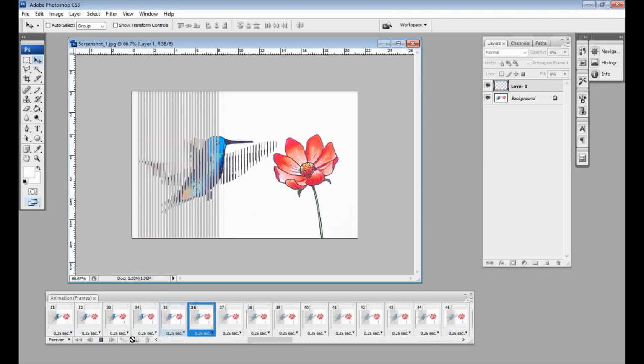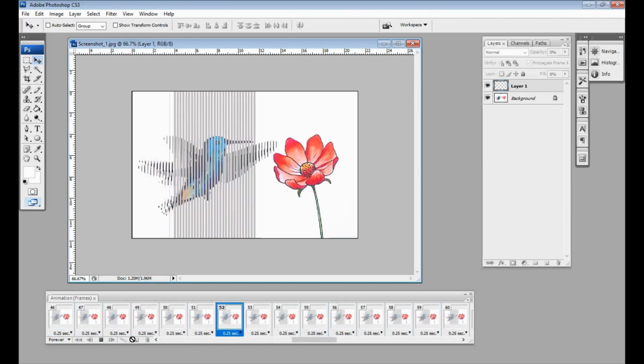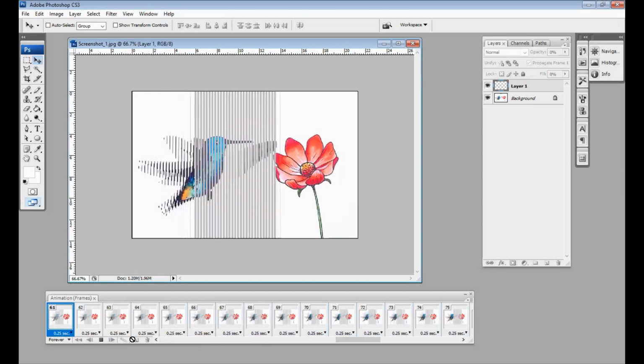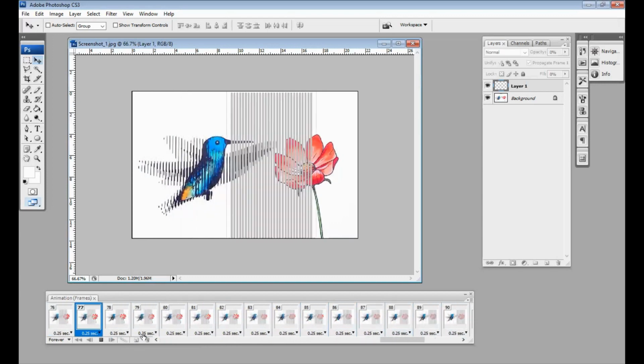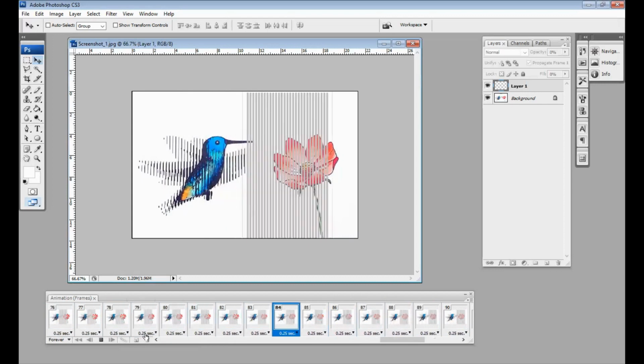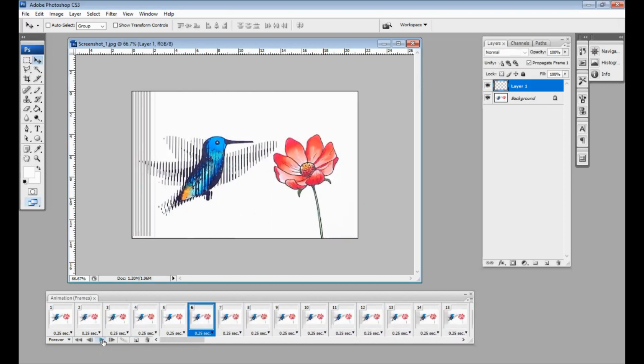Yeah, between 0.2 and 0.3. Yeah, maybe 0.25 seconds. Okay, all of you get the concept. You can try for your image or make it look like this and get the concept.